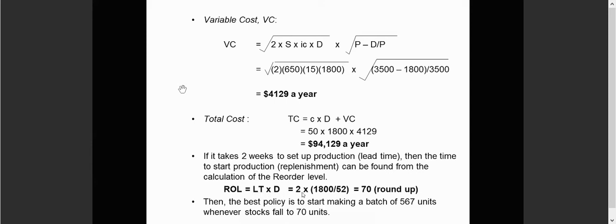So 2 weeks multiply with the demand here, 1,000 daily demand here, 1,800 divide by 52. So we have 70 unit here. So then the best policy that we have is to start making a batch of 567 unit whenever stock fall